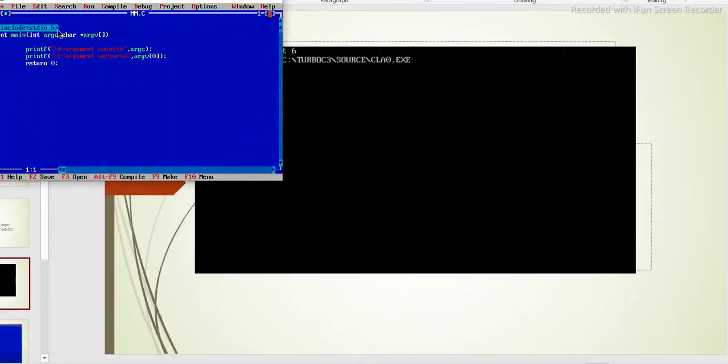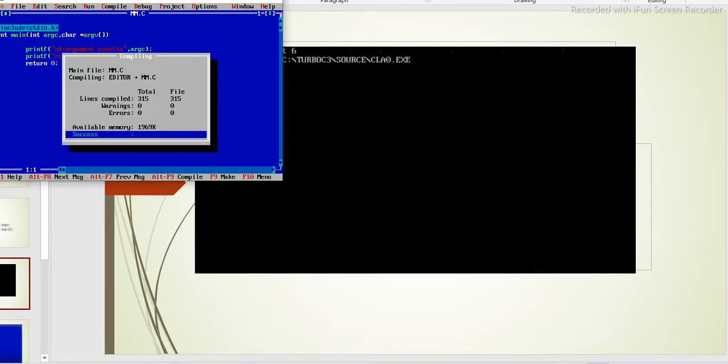This is the first example program. We can type it and compile. Zero errors.